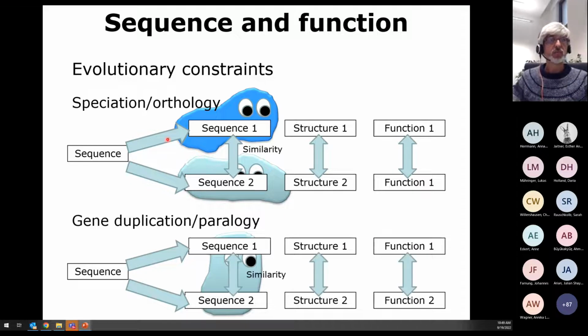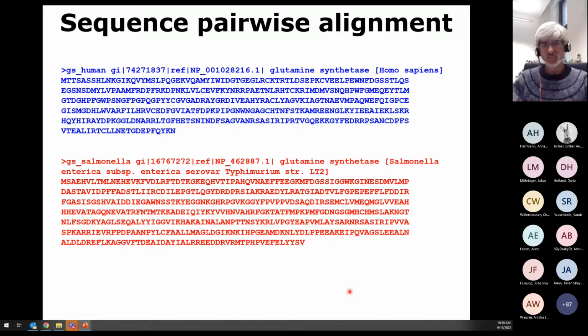But similarly to orthologs, we will have two sequences of two paralogs doing slightly different functions in the same organism, but the structures will be related, the functions, although a bit different, will be also related. And so all of these similarities can be studied, and you have seen a bit of this when we were looking at BLAST searches on Friday, by different bioinformatics methods that allow you to compare sequences and to represent these comparisons. So, for example,